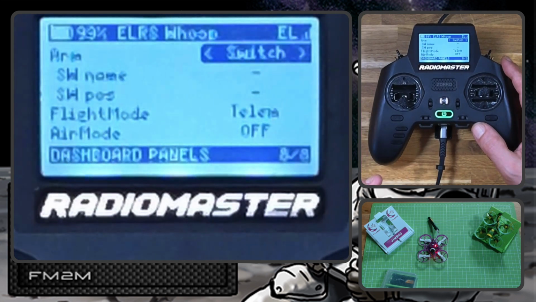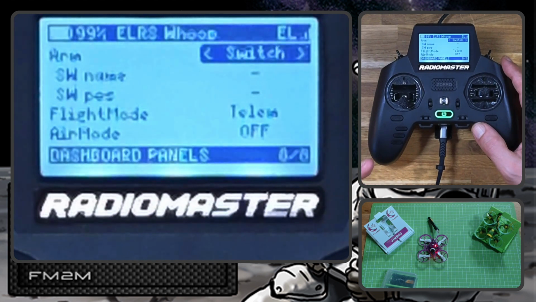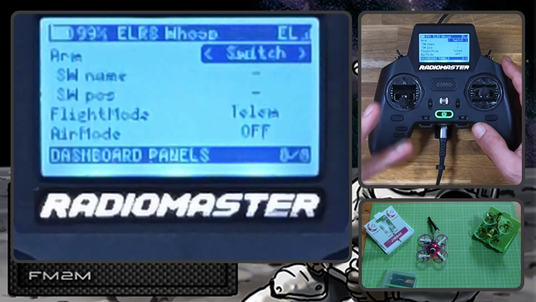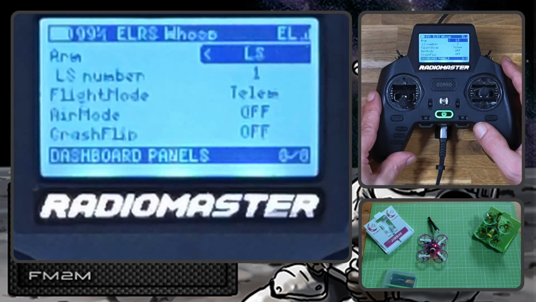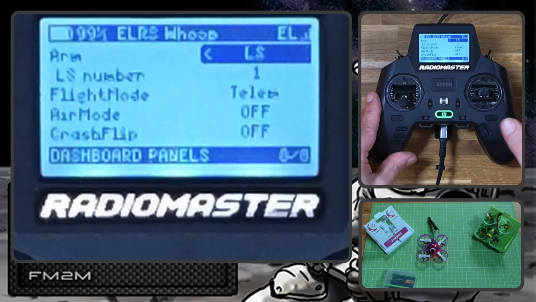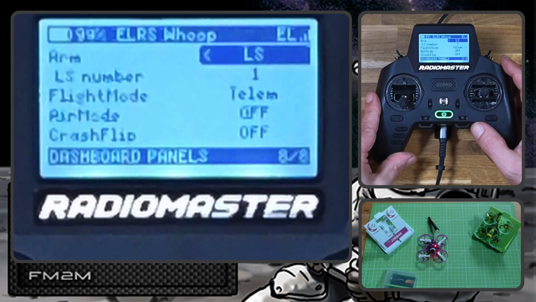This is particularly useful for, let's say, Ghost, because Ghost does not send any information about arming or flight mode, so we usually set it to switch. But there is also the other option, logic switch, and